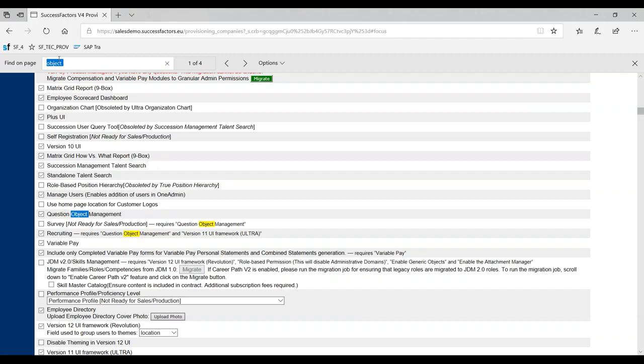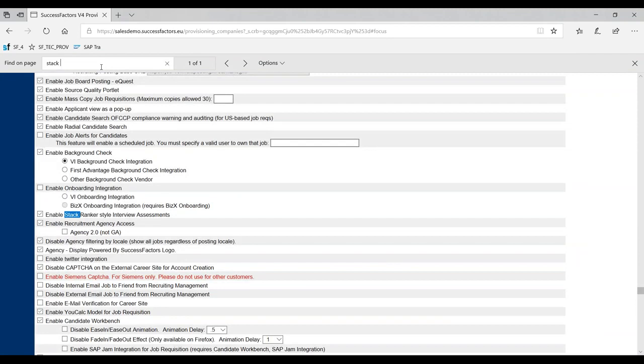So another setting that we have to enable as a critical setting is the stack ranker. You can just see that I'm using Control F, so that the system immediately gives you the options that we have. The setting name is enable stack ranker style interview assessment. Suppose you are going to use Interview Central and you want to enable it in your instance. This switch will enable the toolbar in your instance, and this stack ranker